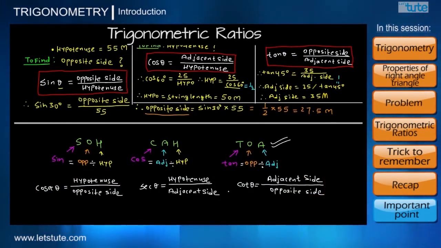Now one more important thing that you should know is sine always deals with angle theta, opposite side and hypotenuse. And if we know any two of the three values, we can know the third one. Similarly, cos always deals with angle theta, adjacent side and hypotenuse. And again, if we know any two of the three values, we can know the third value. And same goes for tan. Tan always deals with angle theta, opposite side and adjacent side. And again, if we know any two of the three elements, we can get the value for the third one.